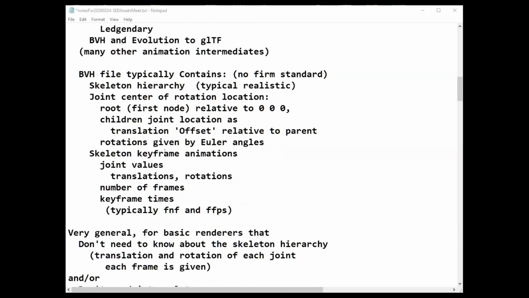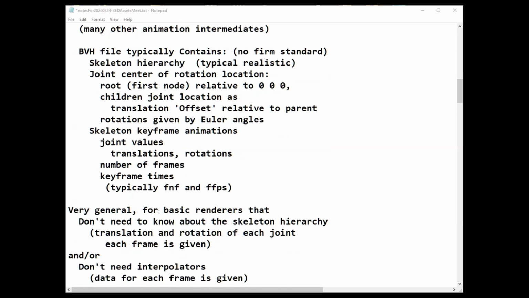It's just a style of dimensioning and a basic capability of transforms to be able to build a hierarchy like this. Generally in the BVH, you can have any way you want, but they generally give Euler angles. The data in these files is often joint values for translations and rotations, a number of frames, and some keyframe time, typically a fixed number of frames or a fixed frames per second.